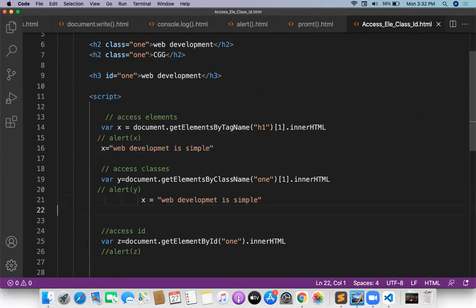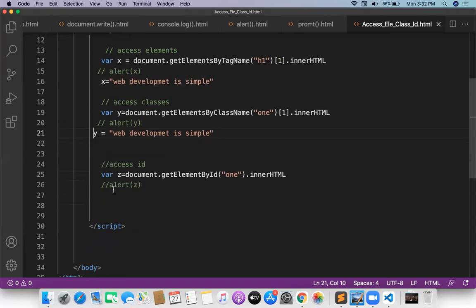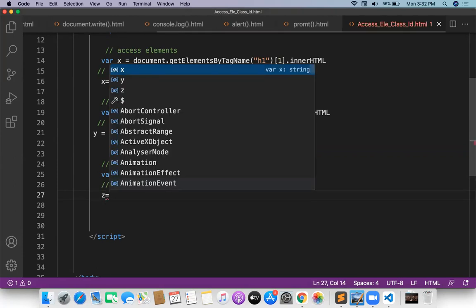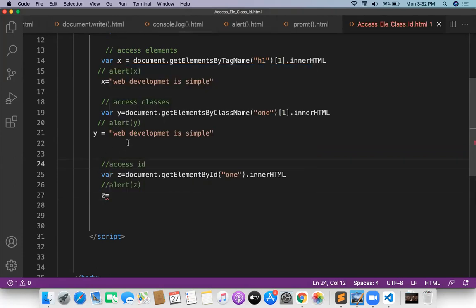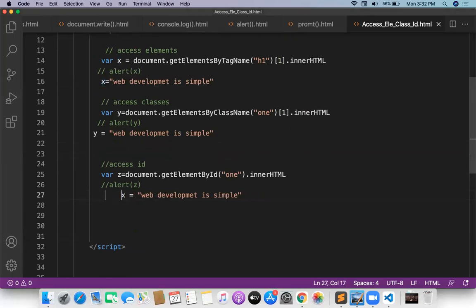And Y is equal to web development is simple. I'm changing the Y value. X is overriding something, Y is overriding something, and Z is also overriding something. Z is equal to web development is simple.